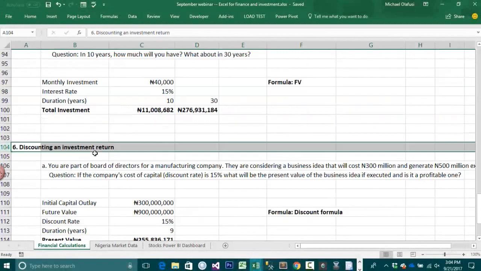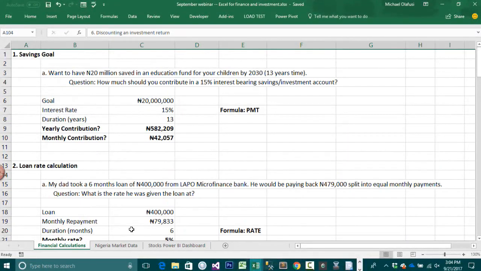And then I'm going to now take us through tools I use for stock analysis and some other things that you'll find useful. So let's start. Number one is this